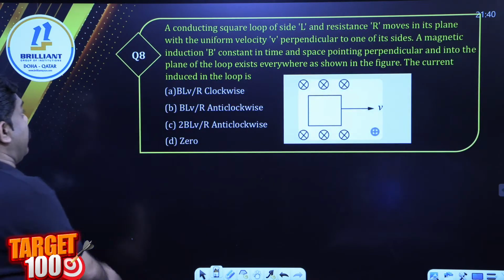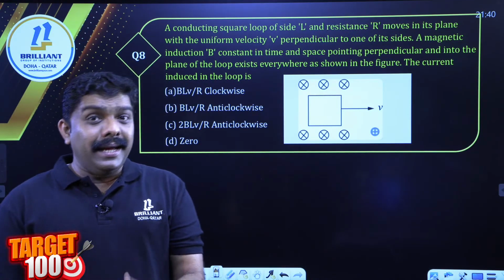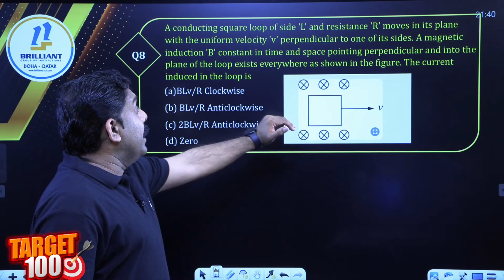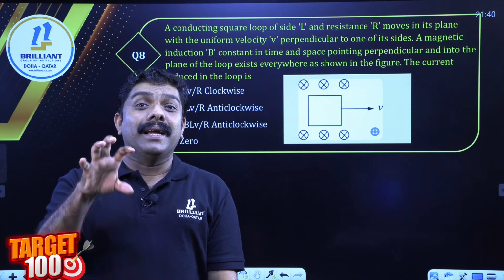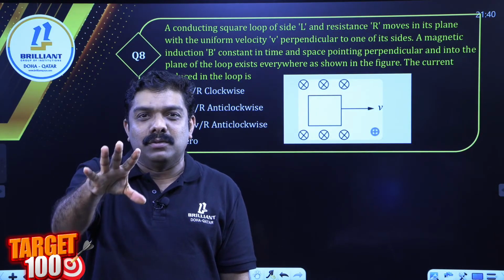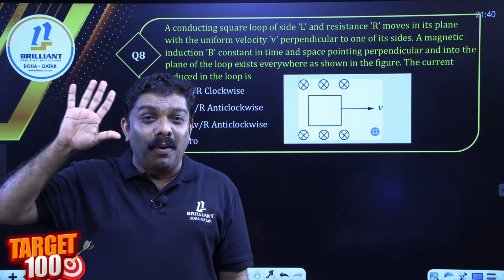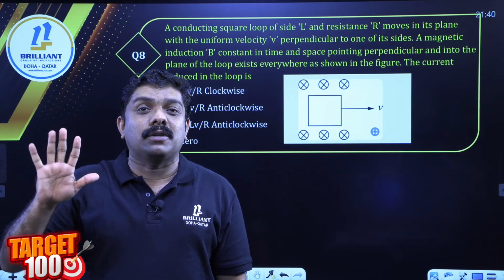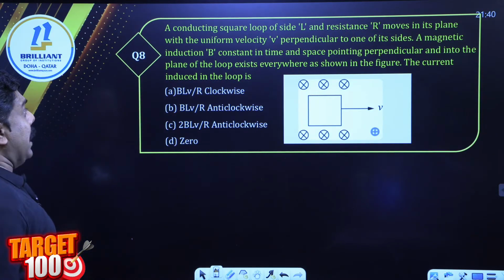Now we are trying question 8. Question 8 is based on Lenz's law. I'm explaining, in order to apply Lenz's law, we have shortcuts. We studied in the classroom. In this short time, we are not able to explain all the points based on Lenz's law. But please see, in this question, what is the answer now?